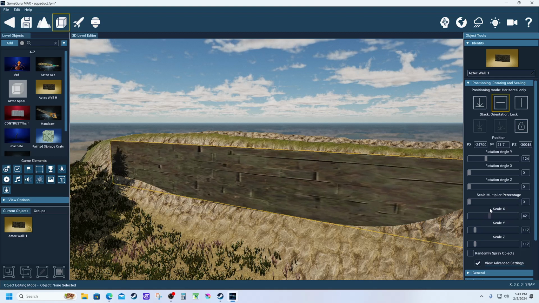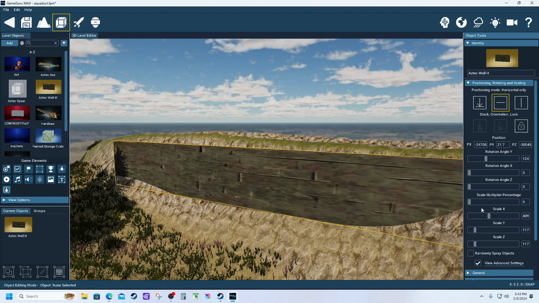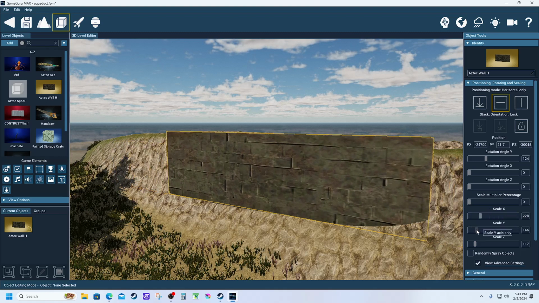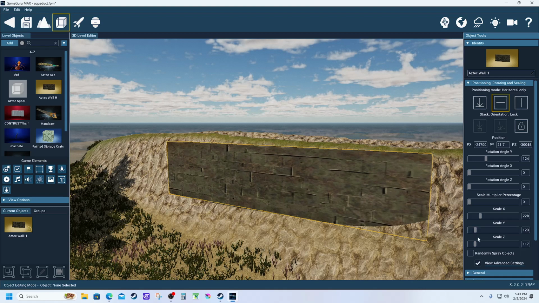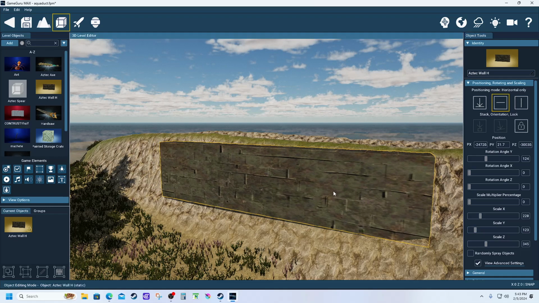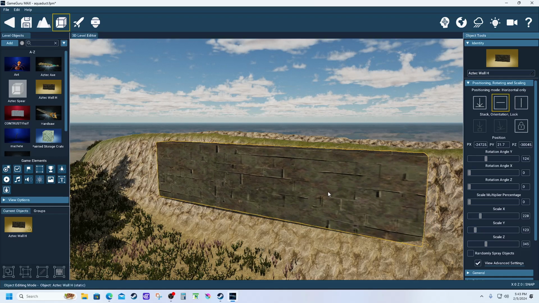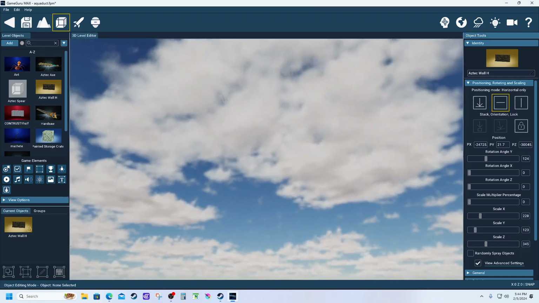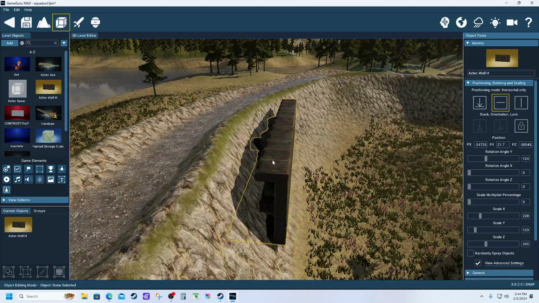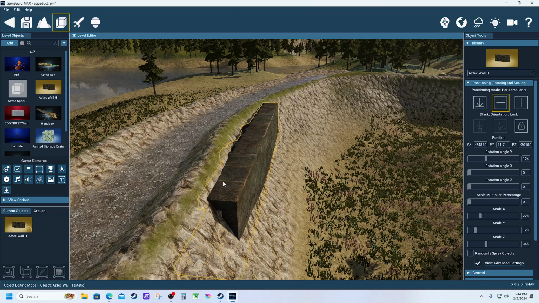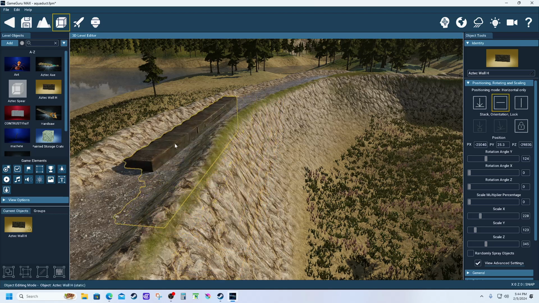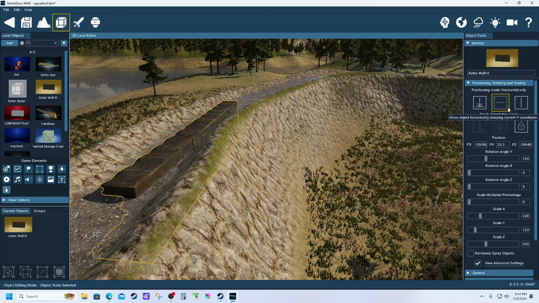You wouldn't stretch it like this, you would use multiples and line them up, but that way you could see that you could place walls in now. I'll just zoom up here to line your aqueduct with, or you could rotate it,